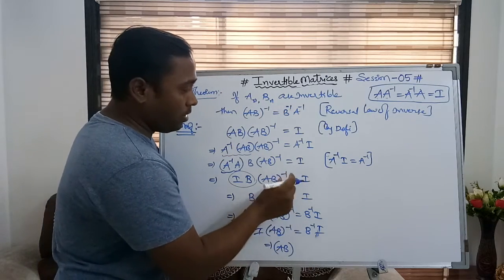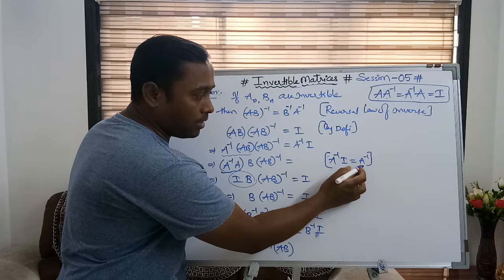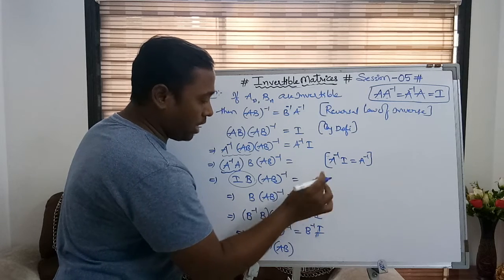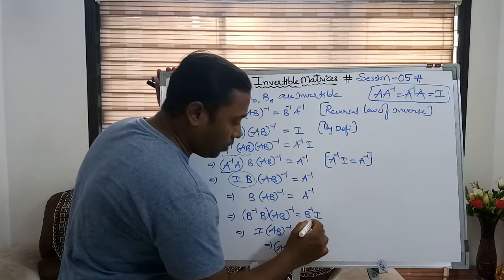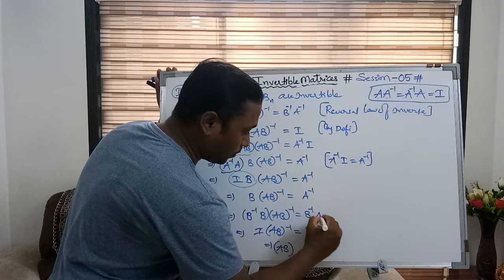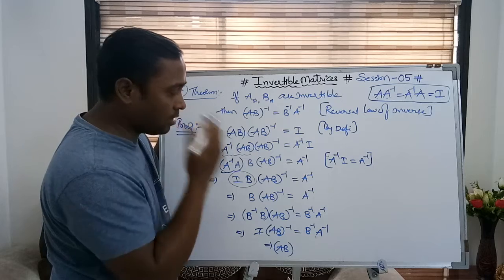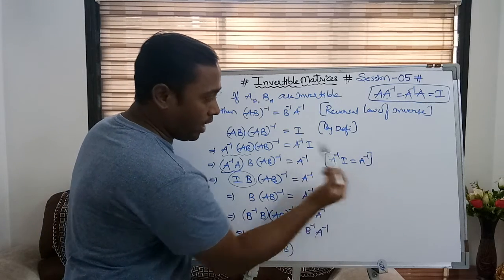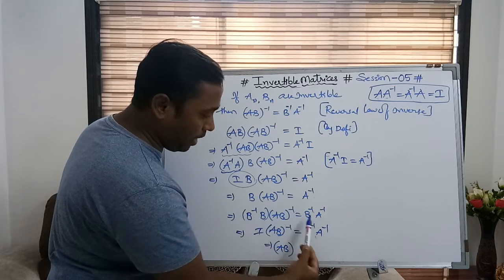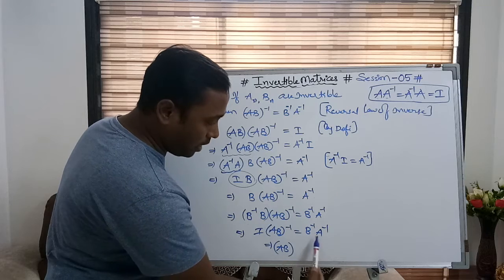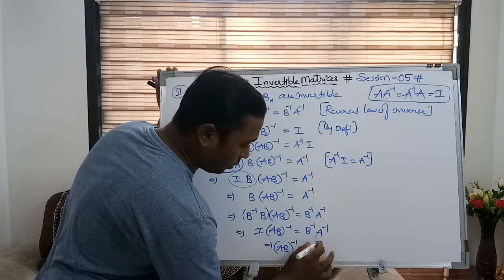Sorry, a mistake happened here. One mistake I have committed here. I have written the reason correctly, but while writing I took I. So it should be A inverse, A inverse. Now you can say here A inverse into I is equal to A inverse only. That's why A inverse will carry on, and we are multiplying both sides by B inverse in this step. Hence ultimately you are able to get B inverse into A inverse.